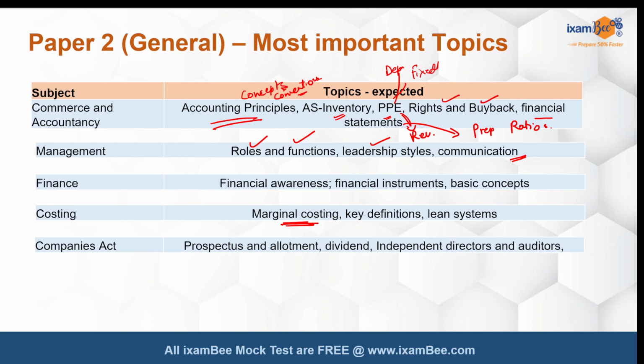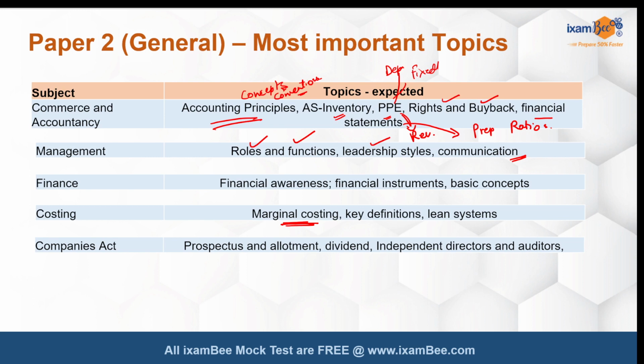Moving to Companies Act, there are 7 chapters that are covered. Within these 7 chapters, 4 are very, very important. One is your prospectus, chapter 3, dividend, independent directors related rules, and audit and auditors related rules. So these 4 segments you should not leave out at all. The others are also important. I'm not saying don't do them, but these are very important, and the frequency of them